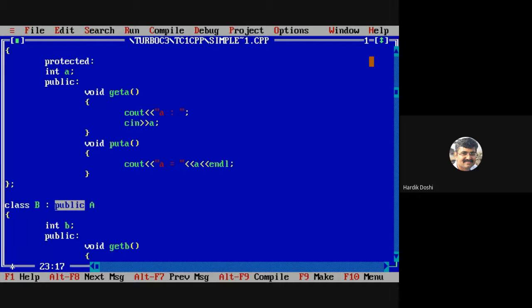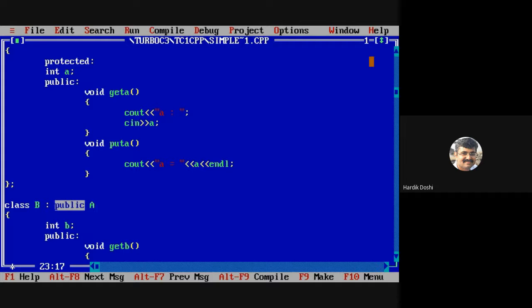Before that, always remember that the security of any member never decreases. It may increase, but it never decreases. For example, if the member's specifier is private, the security will not decrease from private to public.